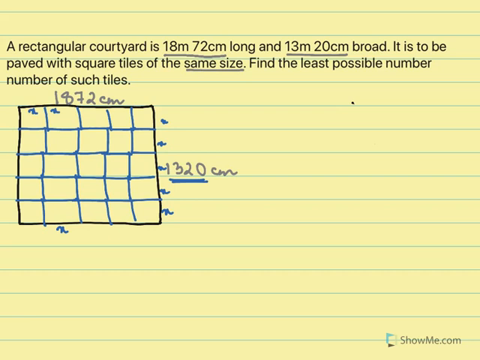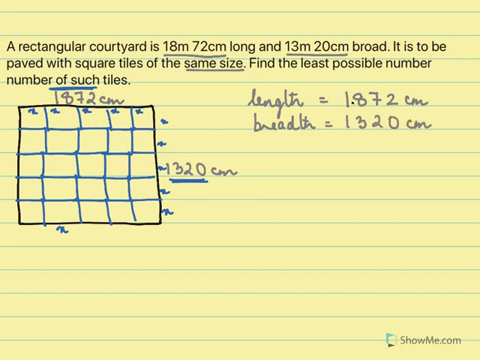Here also the side of the tile is the same. It's a square tile, x, x, x. So x also has to be a factor of 1872. So the length of the courtyard is 1872 centimeters, I converted into centimeters, and the breadth equals 1320 centimeters. Let the side